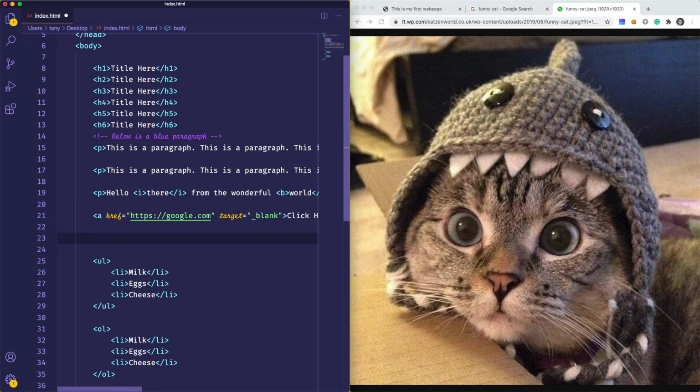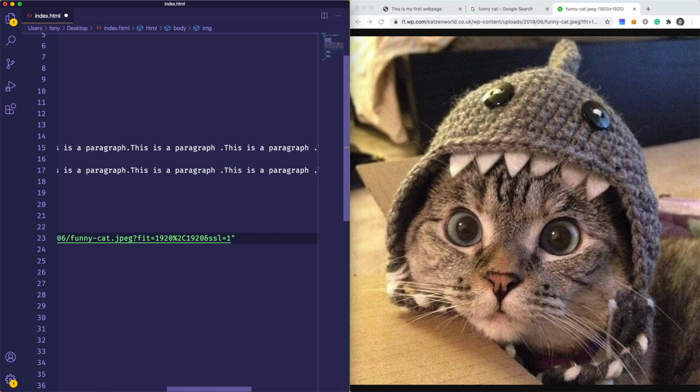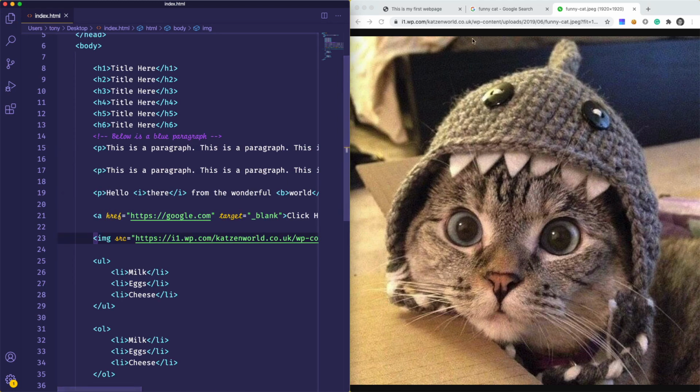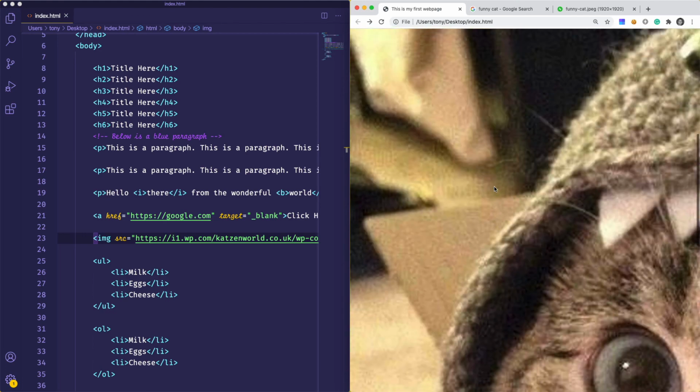And to add an image into our page, we use the img element, and the image is a self-closing tag, so we don't need to actually have a closing tag for the image. So we want to say that the source is going to be the URL of the image. So we can paste that in there. So let's save our page and go back here and reload, and you can see, whoa, that image is pretty